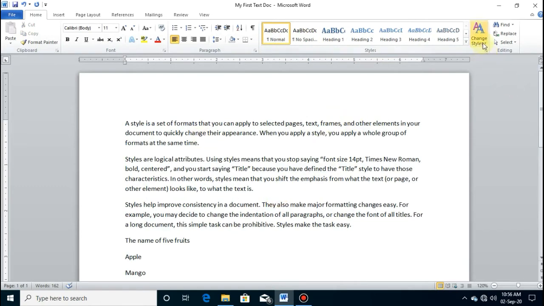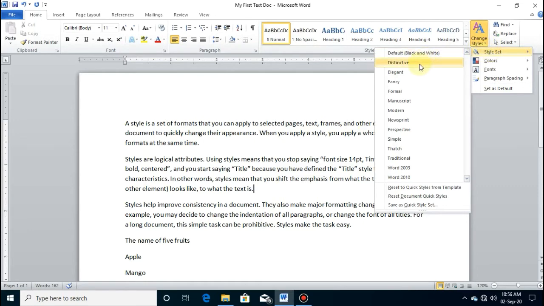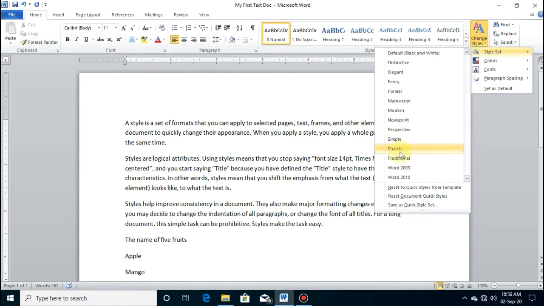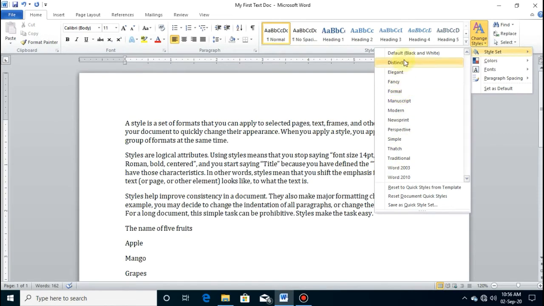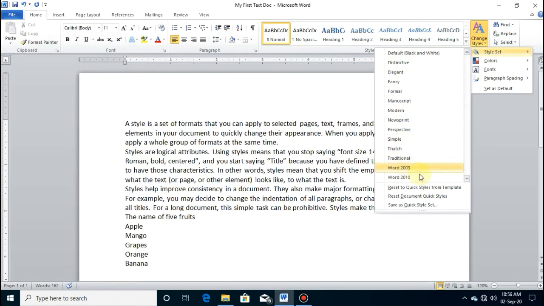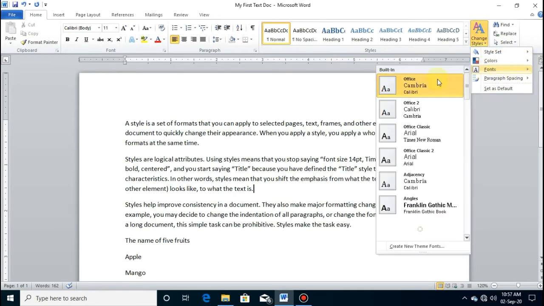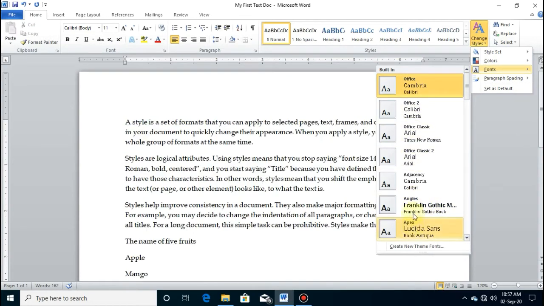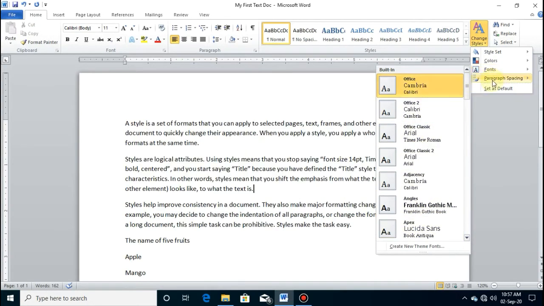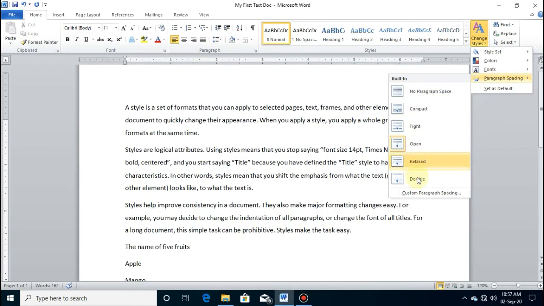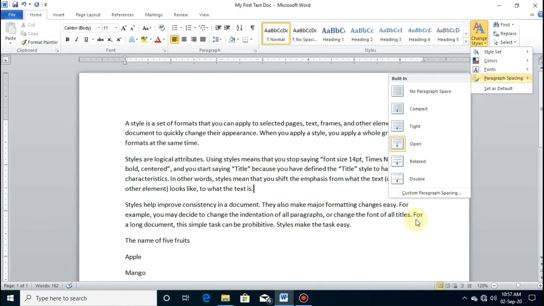Then here, change styles option, you can see some more styles are here. You can apply to your whole document. Okay, then color you can change, then font type you can change from here, and paragraph spacing if you want to change, you can change from here. Okay,